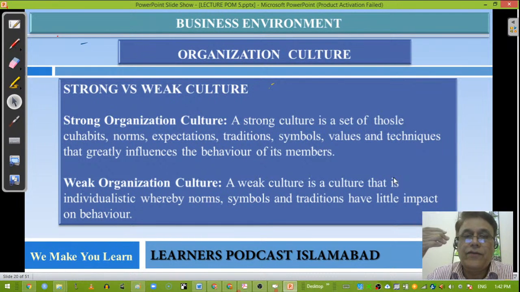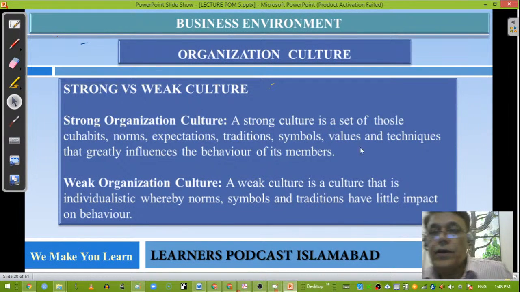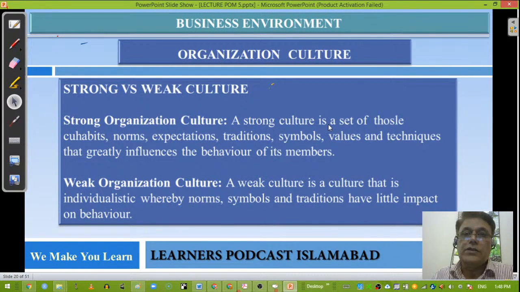And in a weak culture, the majority of the people are lacking in adopting these elements. Those communities where the cultures are in the form of small groups are generally the weak cultures. So when comparing the strong culture versus the weak culture,